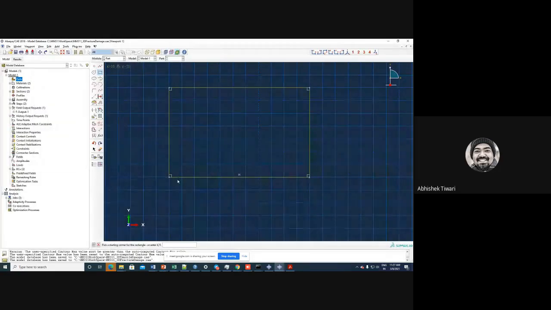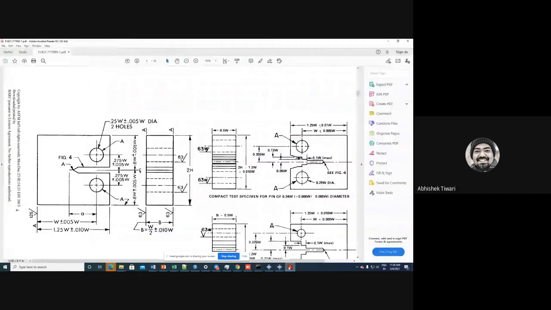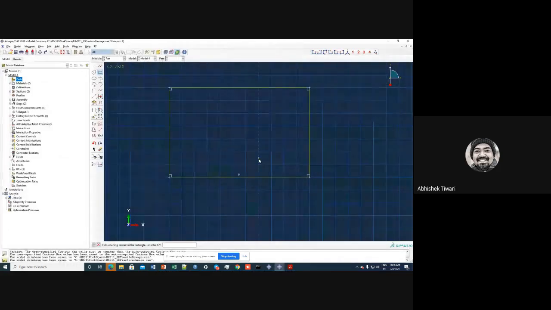Okay. So this total length, how much was it? Total length is 1.25 W, and W is 20, so 25. So this should be 25.